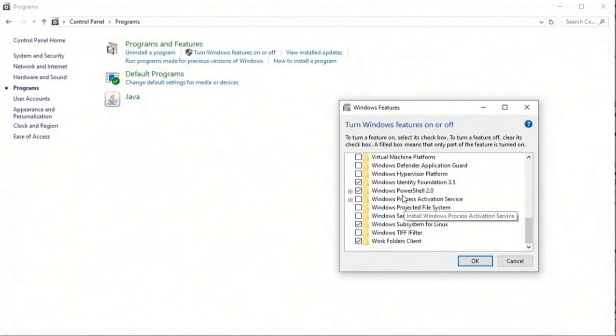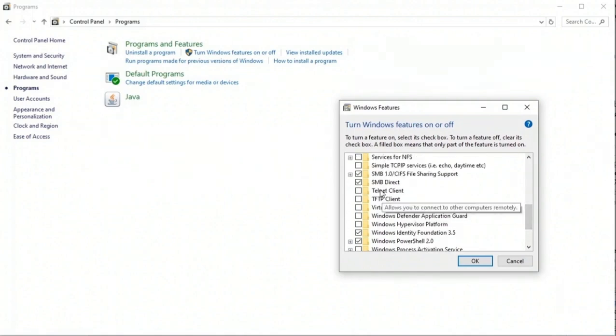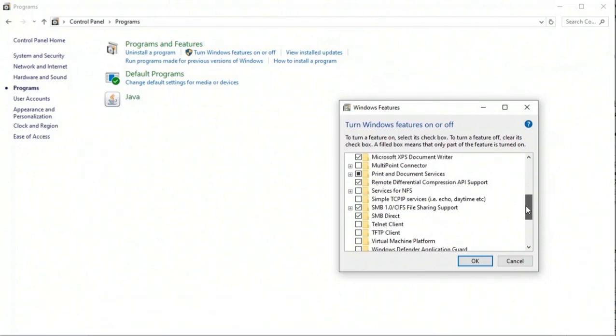If you're not using PowerShell, then turn it off. Now, you may want PowerShell. I certainly like it, but there are certainly a lot of PowerShell attacks. So if you don't need it, turn it off. If you're not using Telnet, take it off. And that I definitely think you should take off.